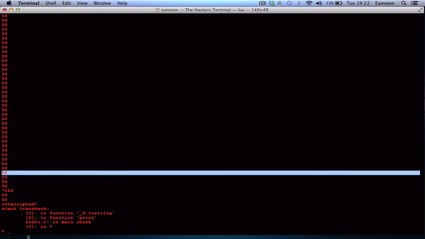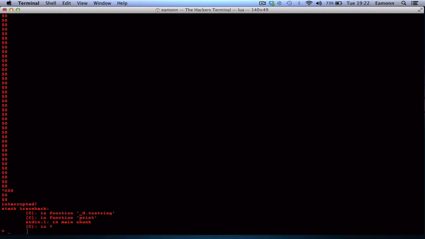And it prints 50 forever and ever. But if we press Control and C, it exits the loop, because that's the escape character. You don't need to worry about that. Just if you make an infinite loop and you're in the Lua prompt, press Control and C, and it will exit it. But yeah, that is the repeat until loop.